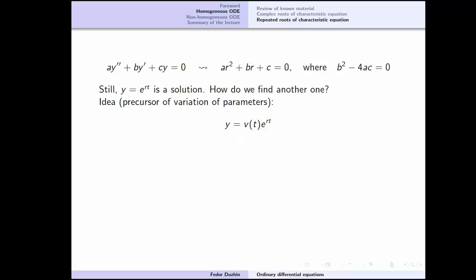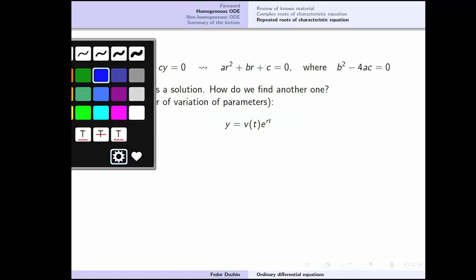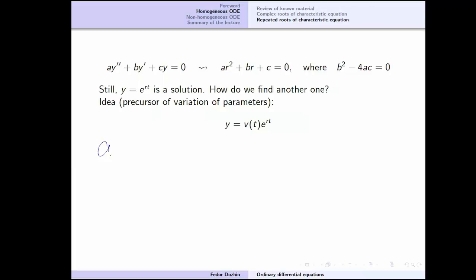Alright, now suppose that this actually happened, right? So it means that we have a repeated root, r is a repeated root, and this whole thing, a r squared plus b r plus c, is actually a complete square. So it is going to be, I believe, a times r minus b over 2a squared. Well,